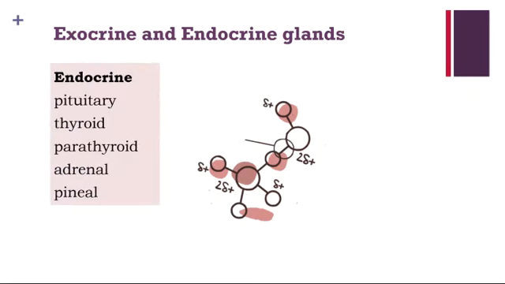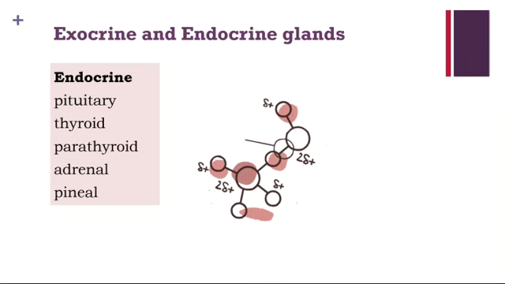Endocrine glands secrete their products into the extracellular space around the secretory cells and include the pituitary, thyroid, parathyroid, adrenal,